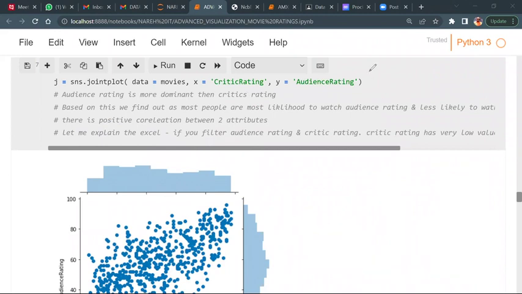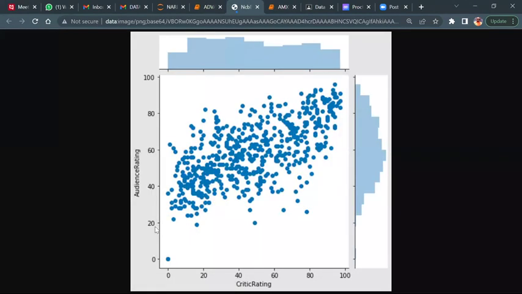Can I write the condition something like that? The first insight, let me give you. How do I explain to my business? Sir, most people are likely to watch by audience rating. Did you see? Most customers or most people are likely to watch by audience rating, right? So how are the data points created? Anyone? How are the data points created? Because